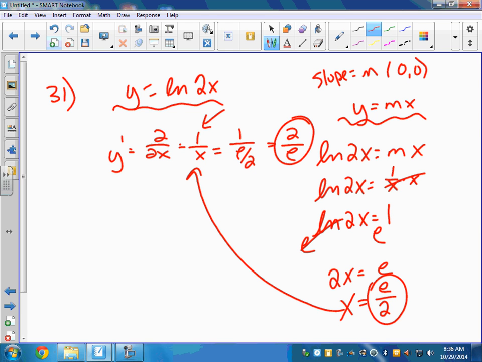But I still needed to find that point where that line would cross ln of 2x to be tangent to it. So I found the x value. It didn't ask me the point that they cross. It asked me what is the actual slope. So then I took that value and plugged it into the derivative. Like I said, kind of a terrible problem, but